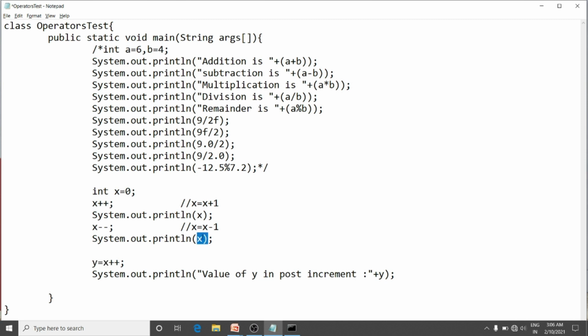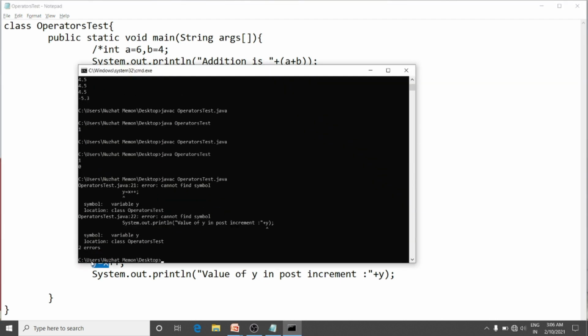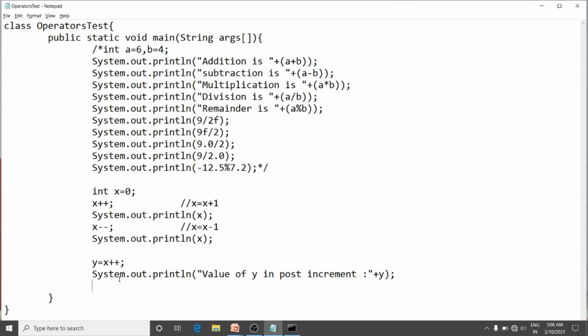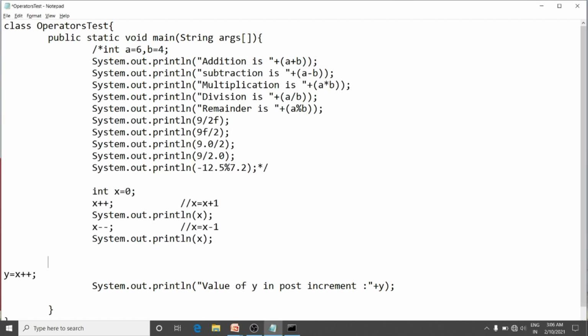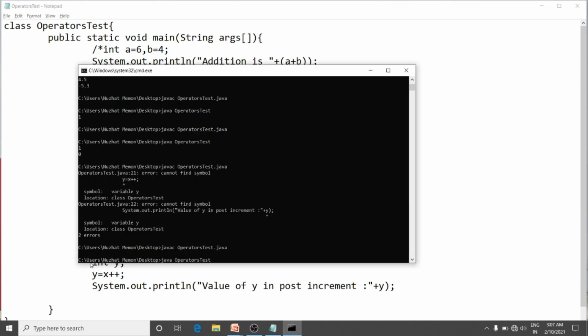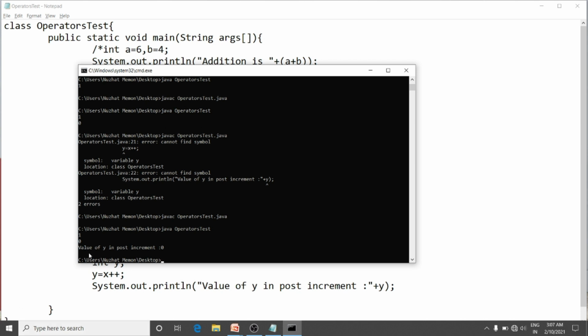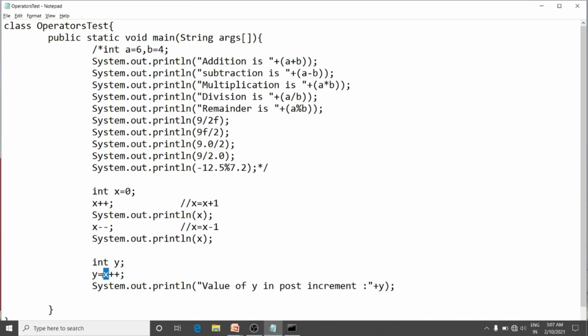The value of x is 0. So here the value of y also will be 0. We will check it out. Here I am getting integer not defined. Okay, here I will declare it directly. I can't use it this way. Integer y. Yes, now it is correct. So the value of y in post-increment is 0. We have given the old value only.